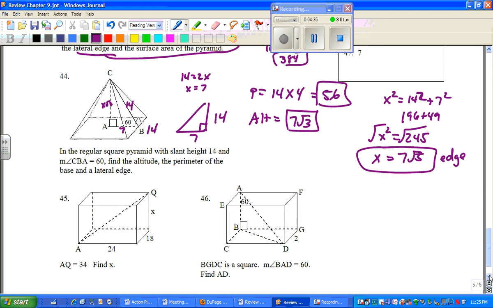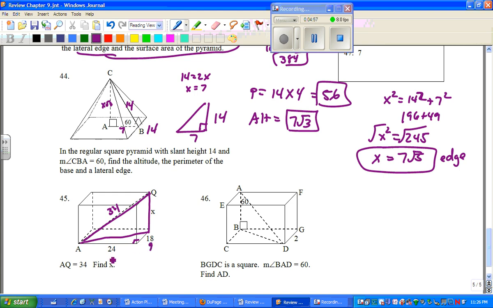Finishing it up, we got 45. AQ is 34. I want to find x. To be able to do that, you got to use this triangle. Okay, we know this is 34. We still need the base diagonal first. There's your right triangle. We can see that